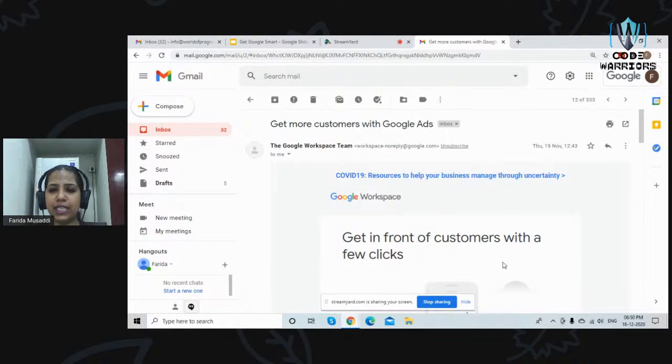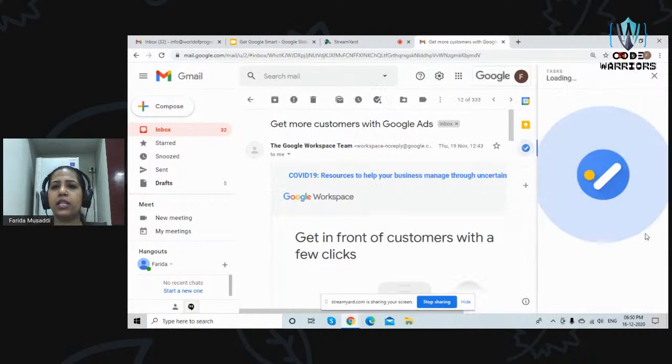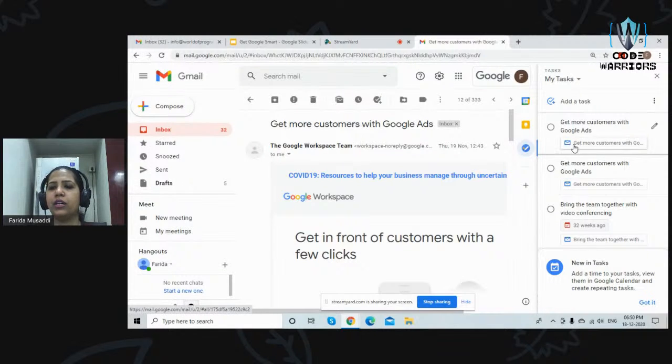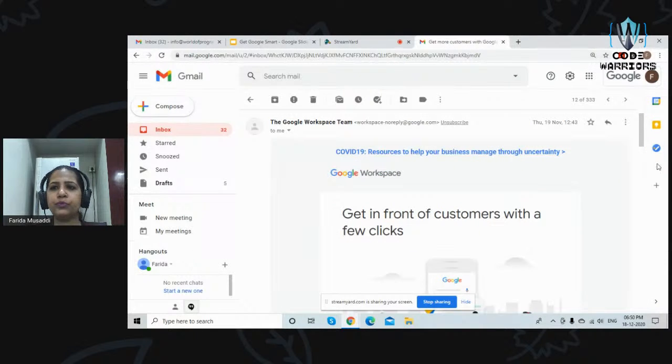If you have received an email from someone and you want to set that up as a task, you can click here, which will add it as a task. Suppose this is an email which has come from your office, and it is a deadline of a particular project. So you can set it up as a task. This is your task details. You can edit the task name, and you can add this task to your my task section. Whenever you go to my tasks, you will be able to see this one as a task.